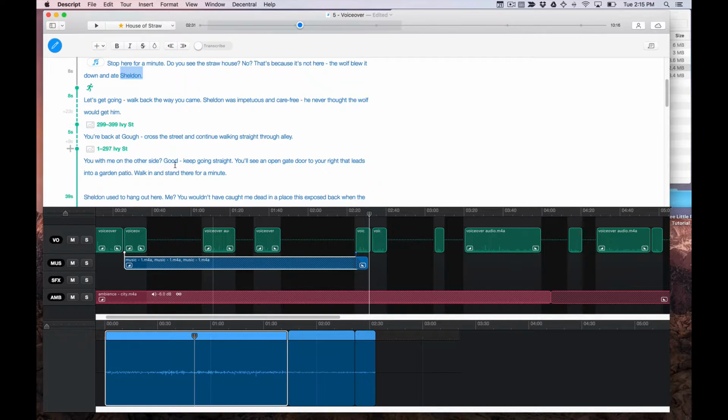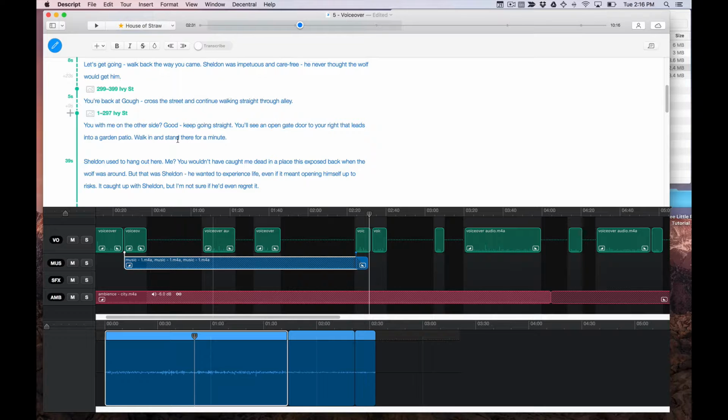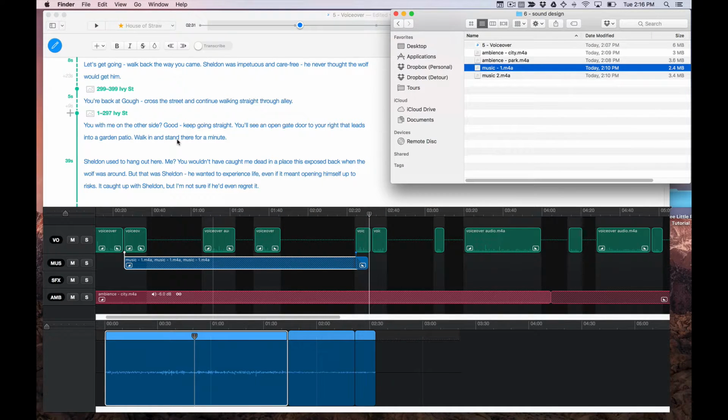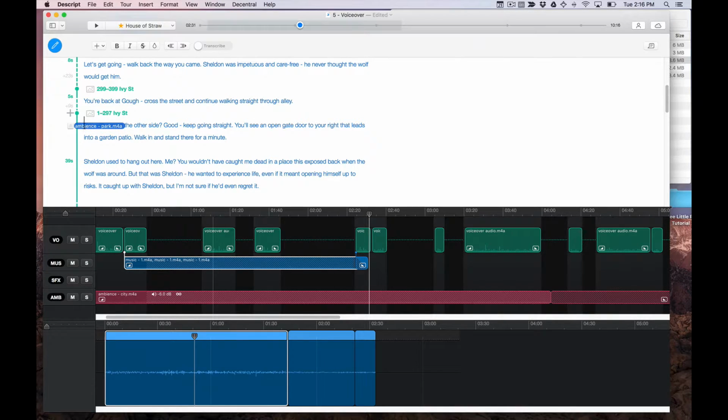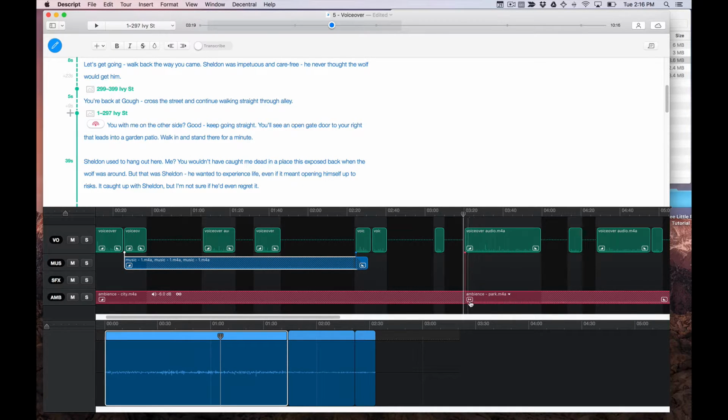Similar kind of thing. If I don't have an end event and I add another ambient or music track, it will just stop the first track from playing. So I'll demonstrate that by adding this ambient track when I get here to the garden. Now I want to switch to like a park ambience, and you'll see that it actually just cuts off that first one, and I have a little crossfade icon where I can tweak a crossfade between the two if I want to. So this may be a little too subtle to hear, but